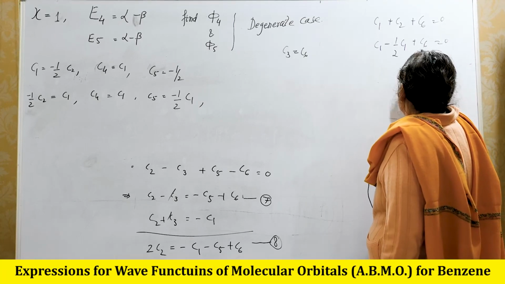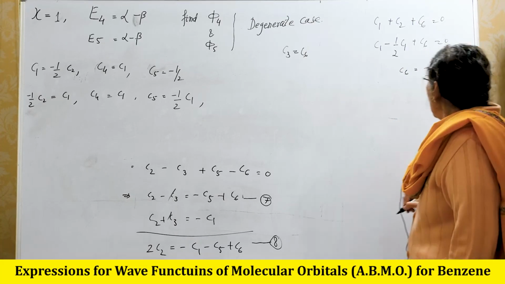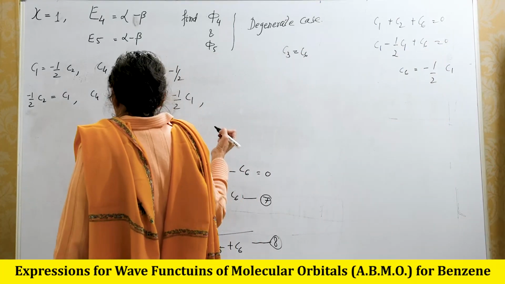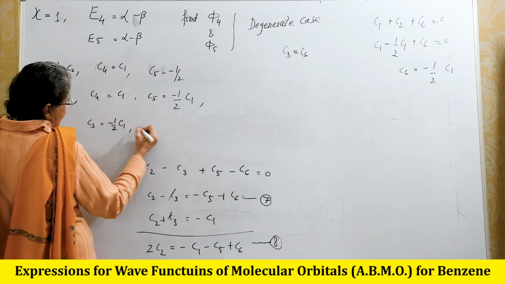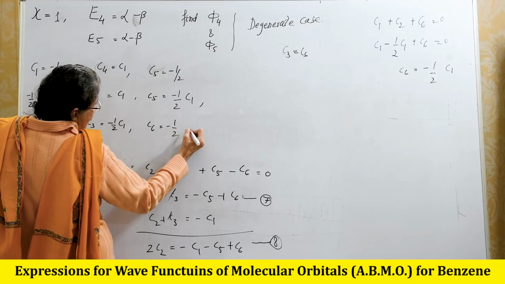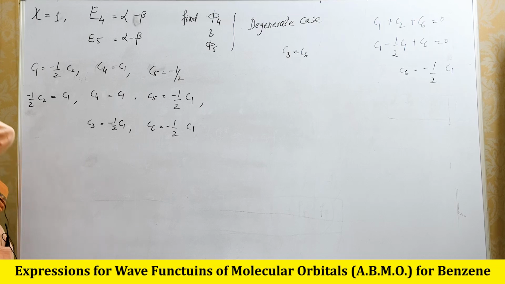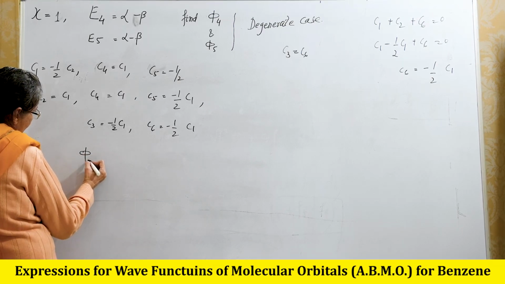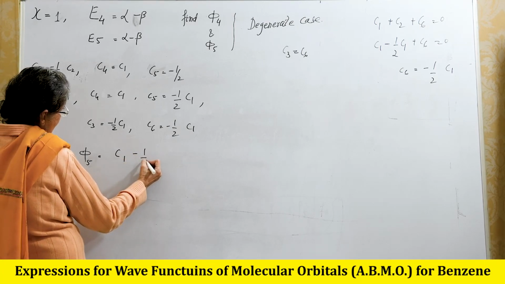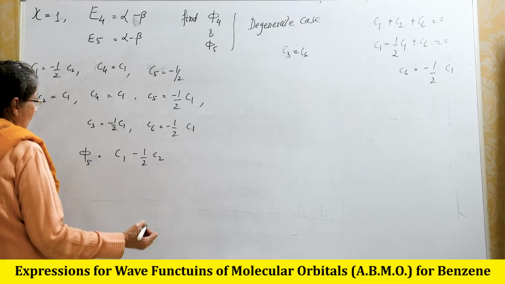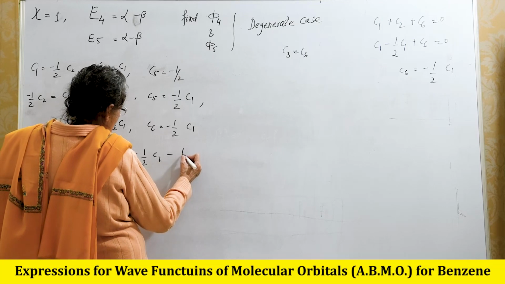Therefore, C6 is equal to minus half C1. So, therefore, C3 is also minus half C1 and C6 is equal to minus half C1. So now we have got all the coefficients for phi 5. Therefore, phi 5 is equal to C1 minus half C2 minus half C1 minus half